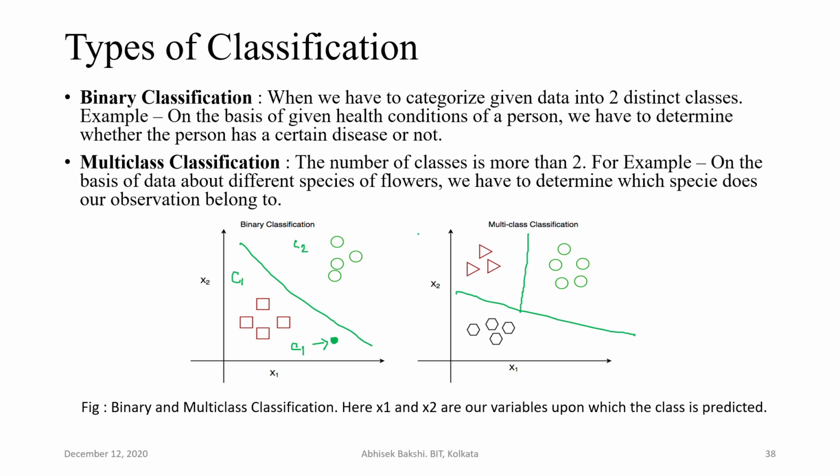First, if I have n classes, we first create a boundary between the first class and the remaining n minus 1 classes. Then among these n minus 1, we create a boundary between the second class and the n minus 2 classes, then the third with n minus 3, and in this way we create boundaries between all the different classes and find a function that can describe the difference between different points representing different classes.